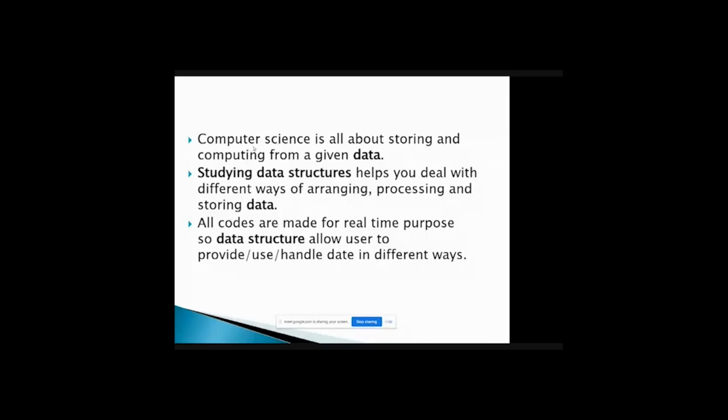Now coming to why to study this subject. What is the importance of this subject? Where do we apply these concepts in our real-time problems? What is this subject all about? So let us have a glimpse of it. So basically,